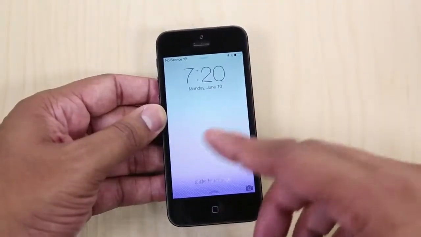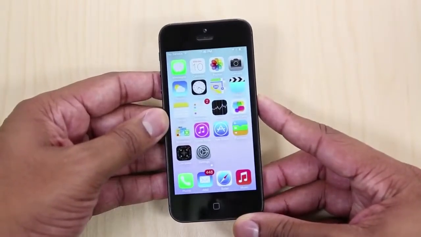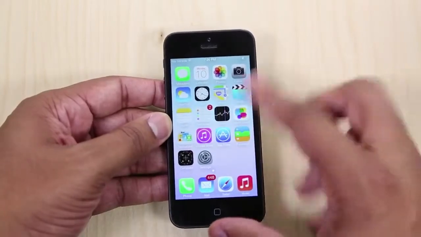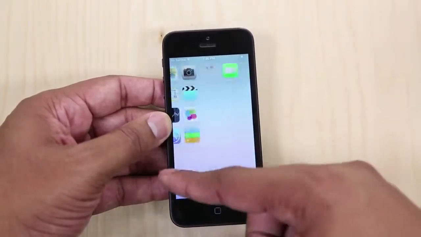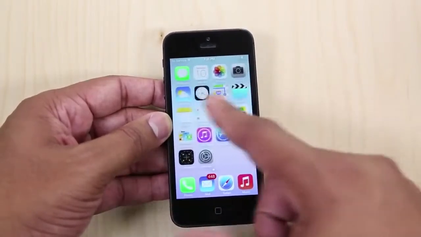Alright, so I have iOS 7 installed here on my iPhone 5. I'm going to slide to unlock it. And now we're taking a look at all the nice, new, beautiful icons that Apple has redesigned for iOS 7. The colors are definitely brighter, but they still keep a very simple and clean look to it. Navigation through the different home screens is basically the same, but one thing you will notice is